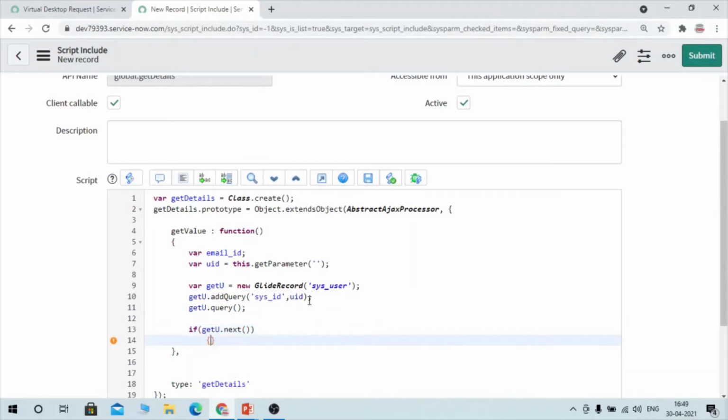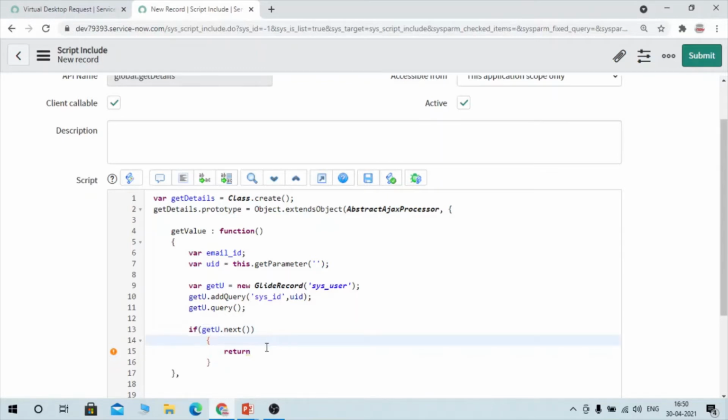Once we get this value, whatever we have selected matching the sysid, now here what I need to do is return the email ID. Okay, so how can I return the email ID?